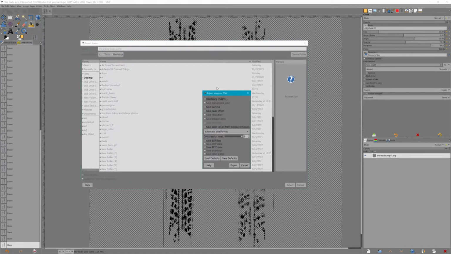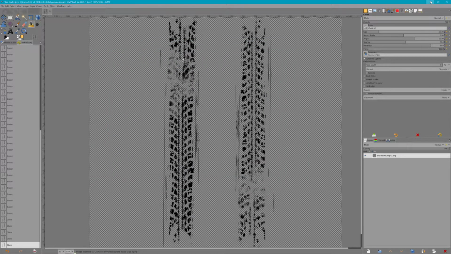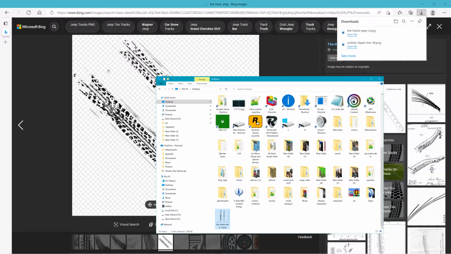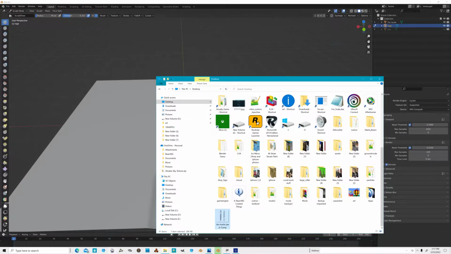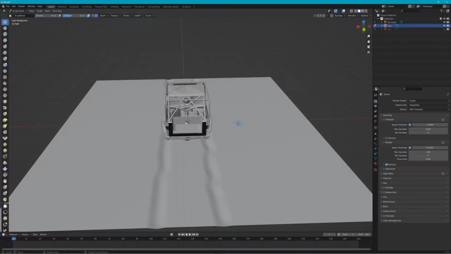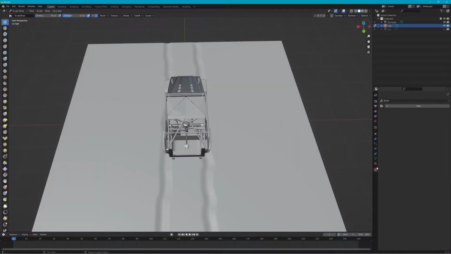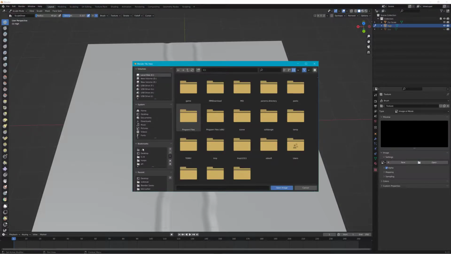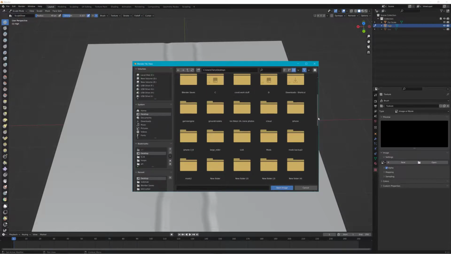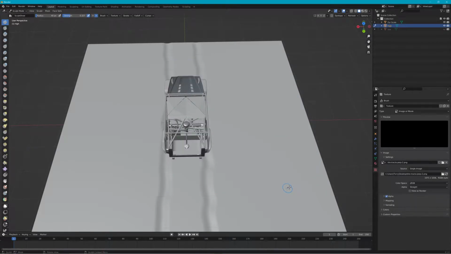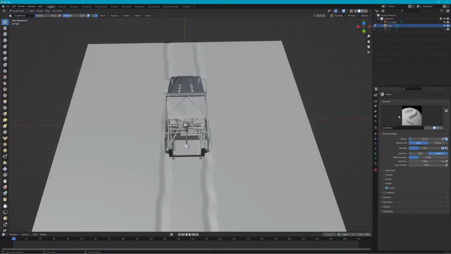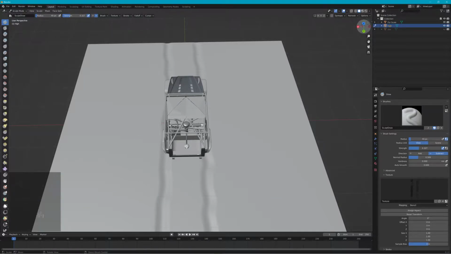Let's leave it as a PNG file because we're not actually using this in the game. Now we're going to close this, and inside of here we're going to make a new brush. We're going to open the image on our desktop that we just resaved of these tracks. I'm going to go up to Sculpt, Texture, Stencil, Image Aspect, and there, and from a perfect top view,